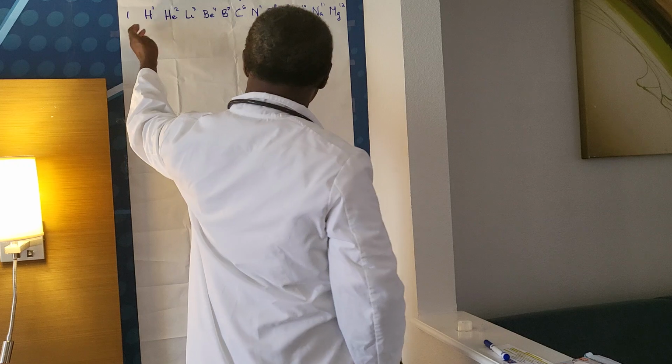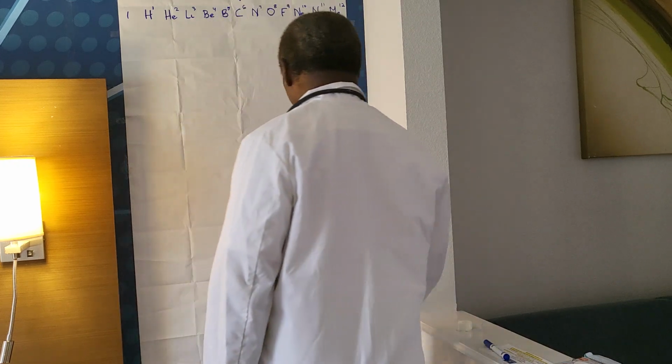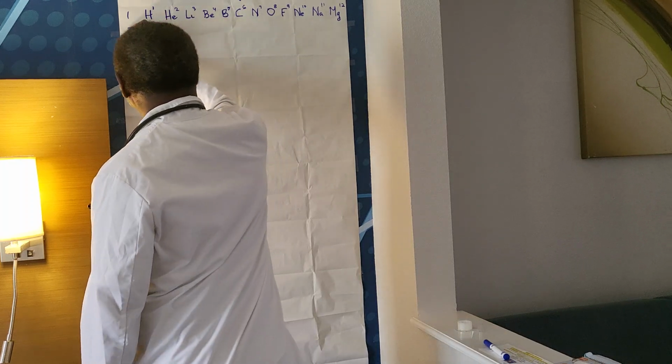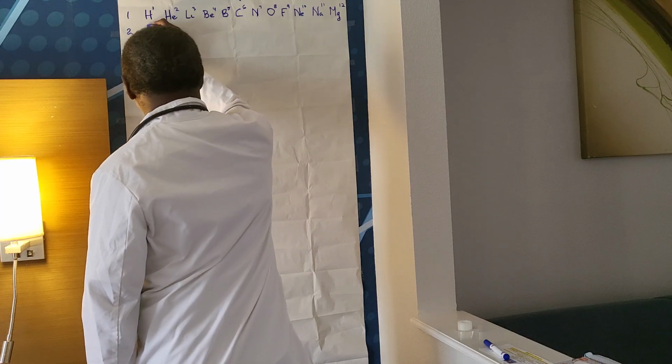So you have about 1 row and 12 columns, going up to magnesium, which has atomic number 12. And so we go to the 13th, which now is row 2, aluminum,